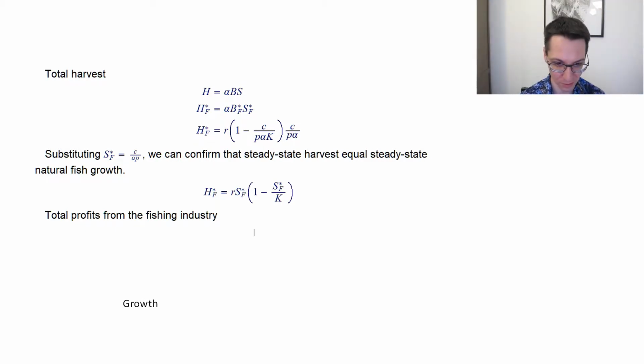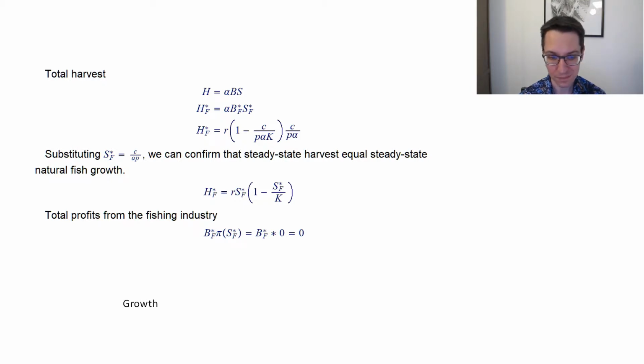So I can write, it's going to be the total number of fishing boats, B star F, multiplied by the profit of one boat. That's a function of S star F, the steady state stock of fish. And it's simply going to be equal to B star F times 0. So it's going to be equal to 0. So the fishing industry doesn't make any profit in this